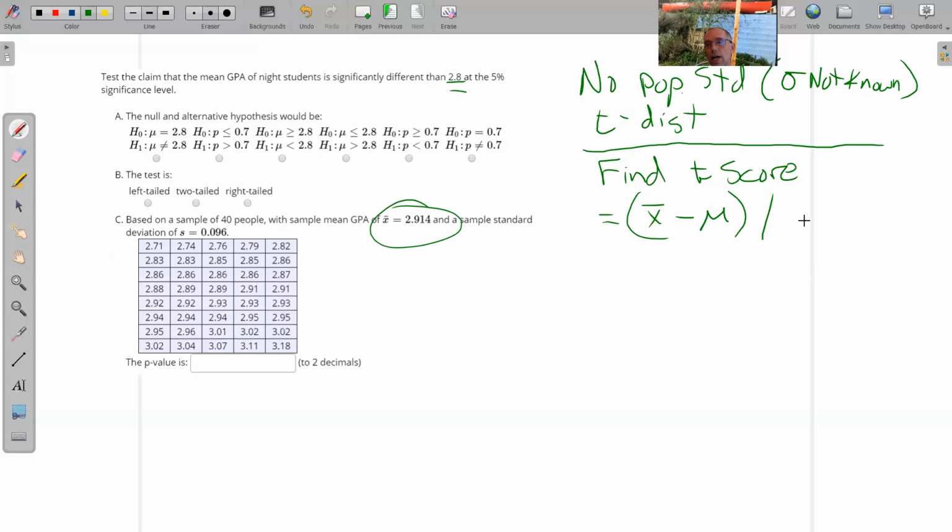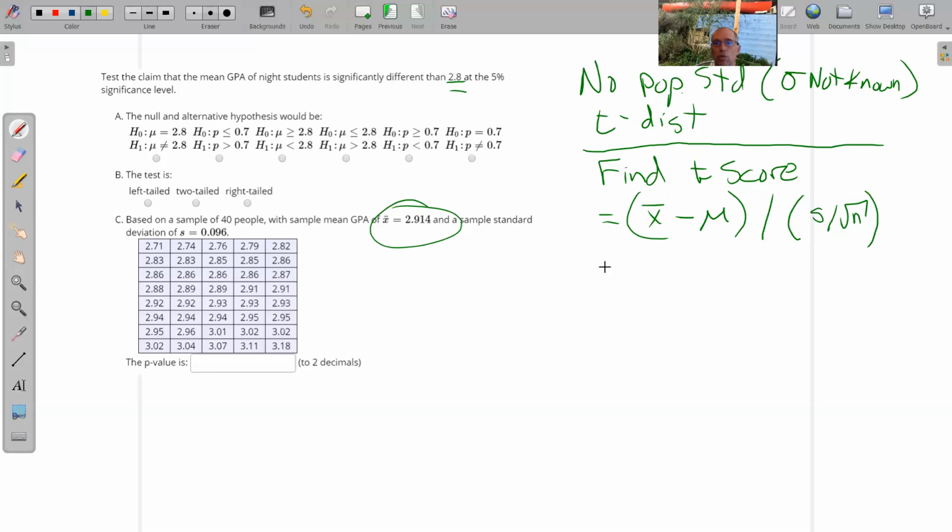And then you want to divide that by parentheses, the standard error, and that would be s over the square root of n. Okay, so like a z-score, this is a t-score, and notice it's got x bar minus mu, which we've done before for z-scores, but instead of dividing by sigma because we don't know it, we divide by s over the square root of n